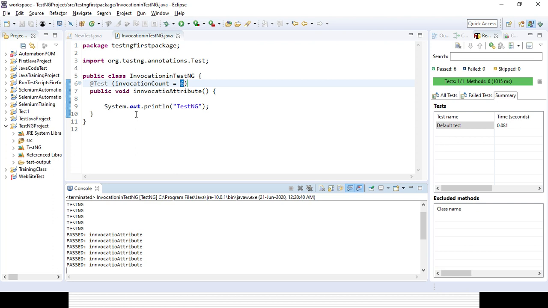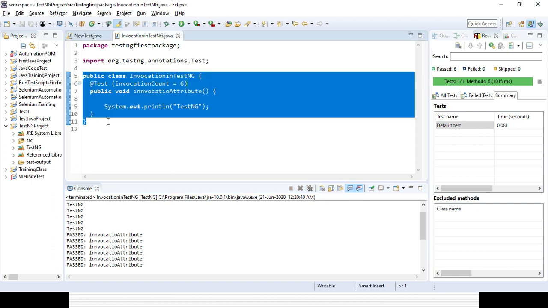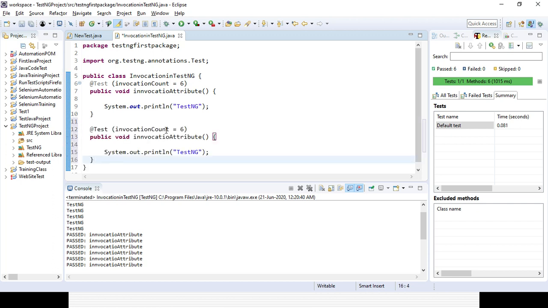Now say there is another test case or method. I am just changing it to 1, so the output will be TestNG 1 and the method name is 1.